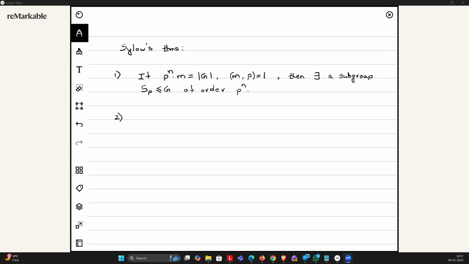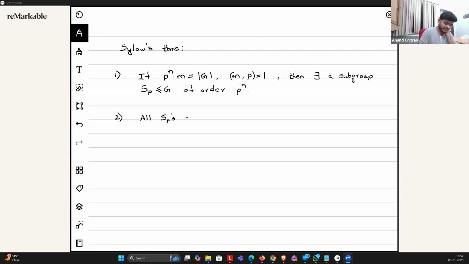All the S_p's are conjugate. Yes. All S_p's are conjugate by elements of G. Okay, which means if you start with S_p prime, then there exists a little g such that g S_p g inverse is S_p prime. Okay,